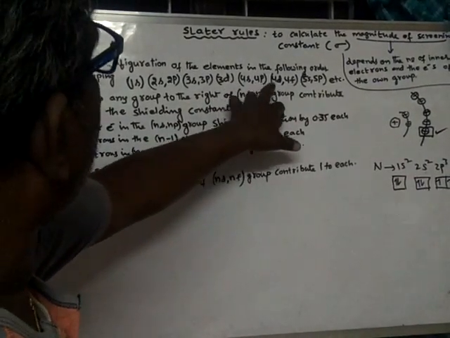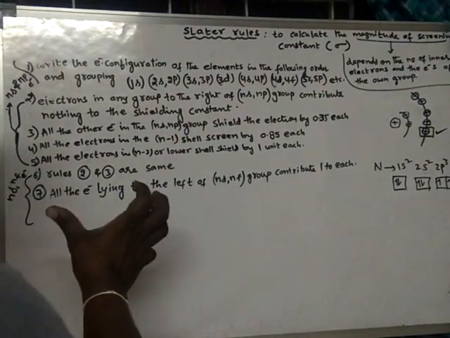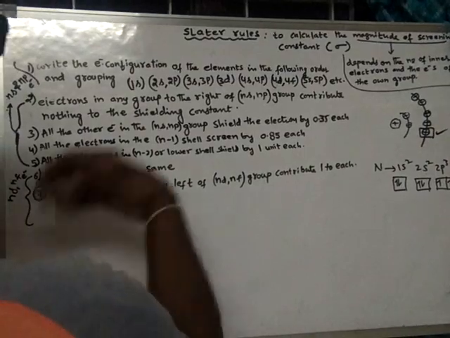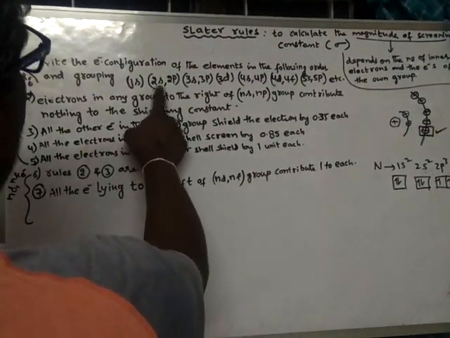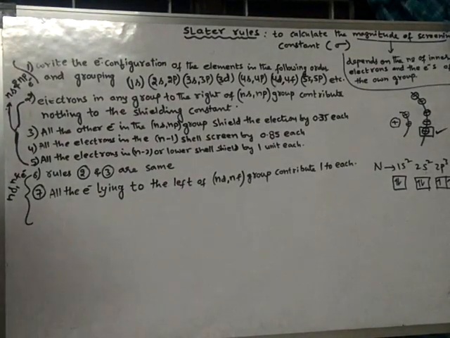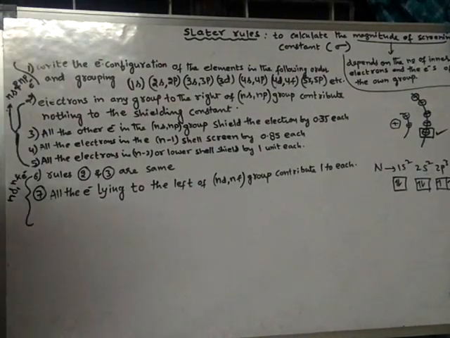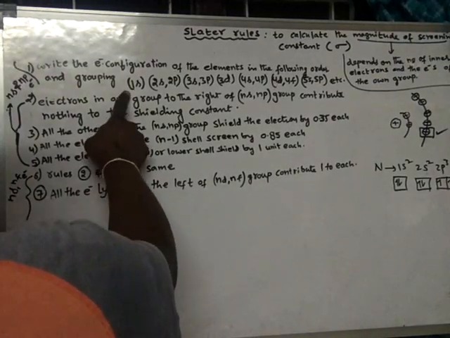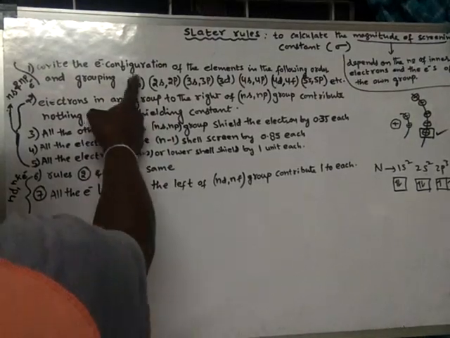Here also, all the subshells of the same orbit should be brought together and grouped. So how should the grouping be done? Grouping should be done like this: S and P together should be given as a separate group, and D and F should be given as a separate group. Suppose in the first orbit there is only the S subshell, hence there is no P subshell, hence this group